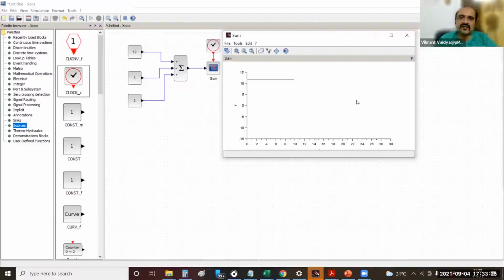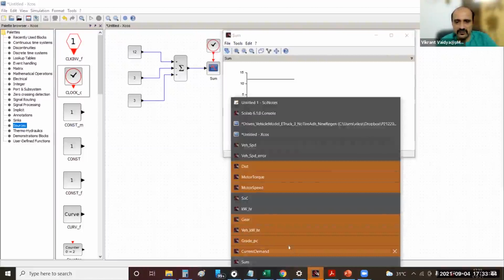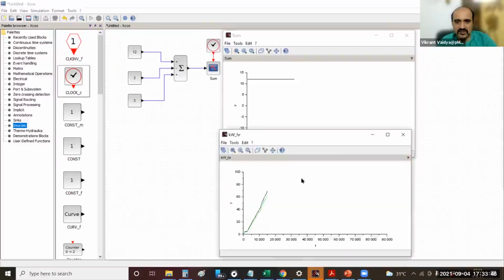So let us study this C-scope for a moment before we go back into the model. So this has plotted this in black. If you want to change the color, you can go into the C-scope and change it. It won't reflect here right away. The next time you run the simulation, it will reflect. Yeah, I can show you if I have plotted in my other simulation.